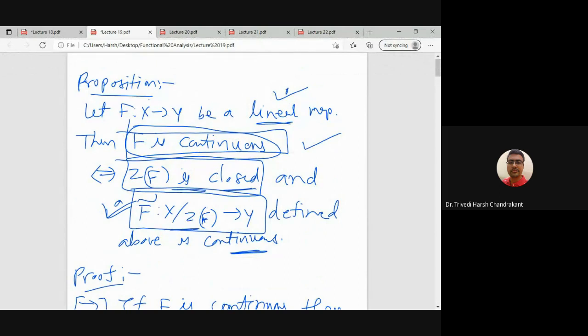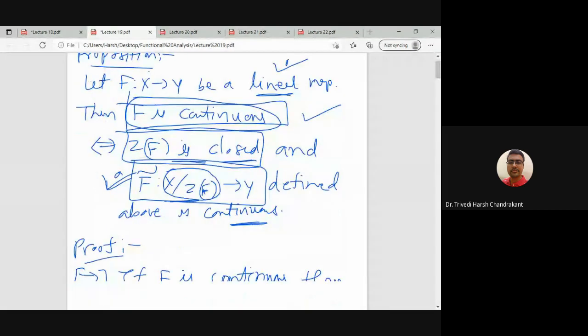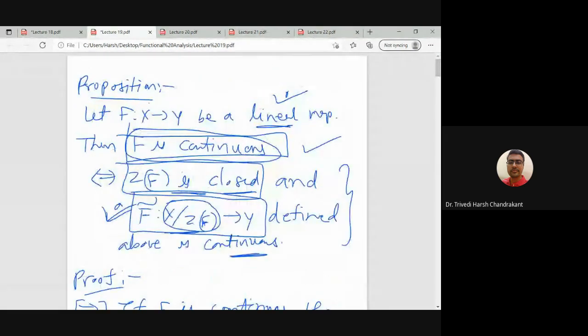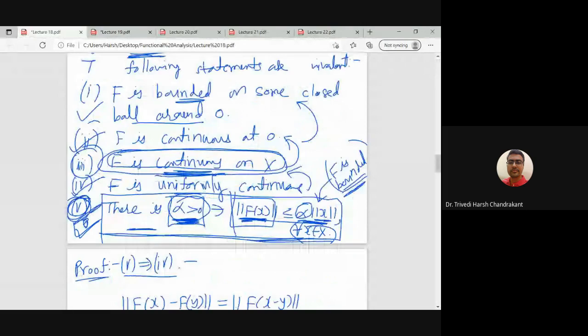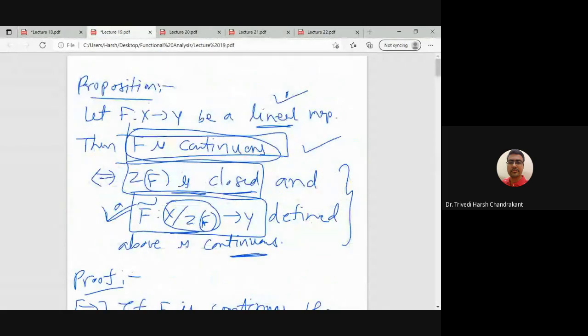So f tilde is continuous with respect to the quotient norm on this quotient space. So we discussed that this condition is equivalent to this other condition of continuity. So sometimes we will use this proposition later on,